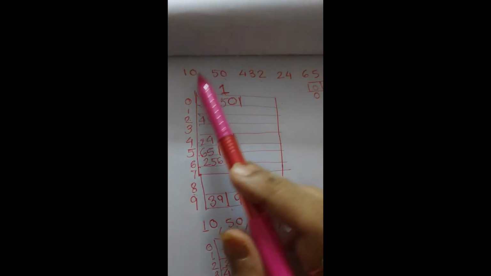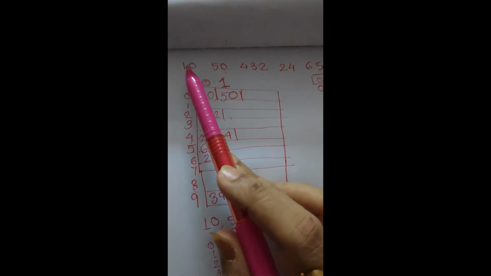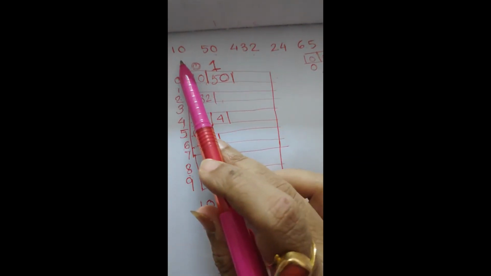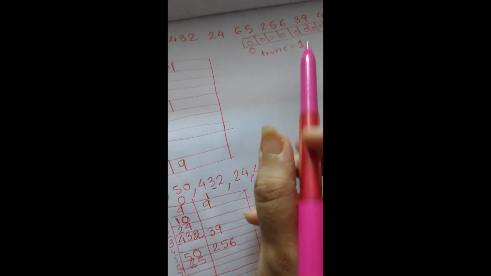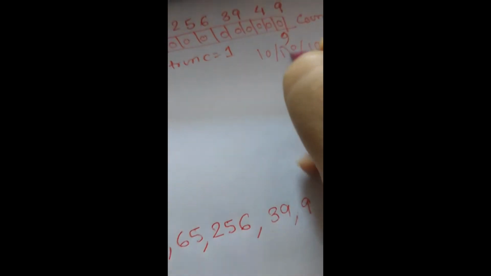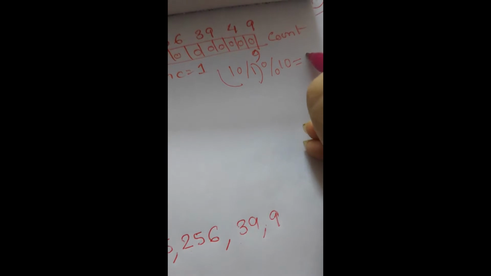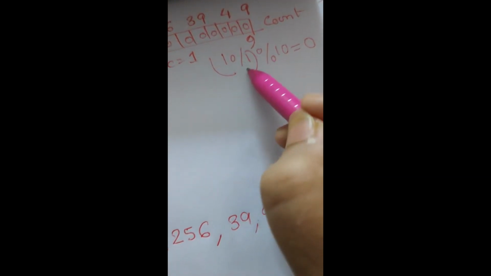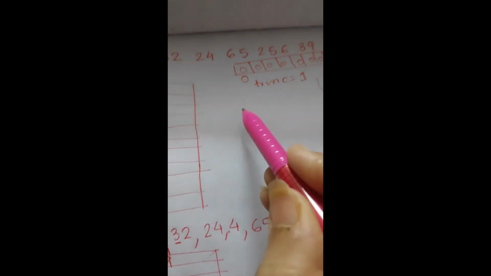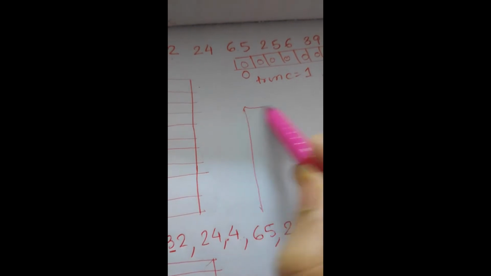Over here my first array number is 10. So 10 divided by the trunc value, that is 1, would give me 1, and then mod 10. So 10 divided by 1 mod 10 would give me 0, because 10 divided by 1 is 10, mod 10 is 0. Correct? So now let's see what they are doing in the